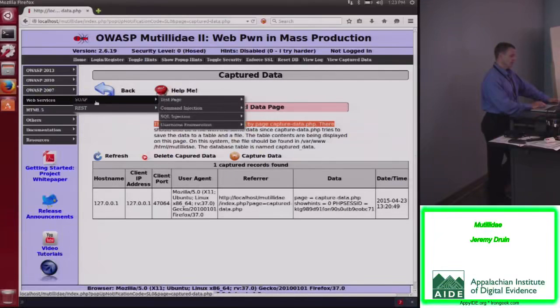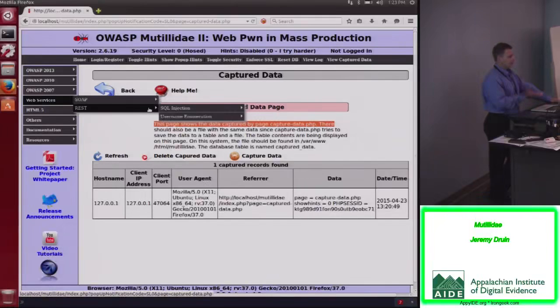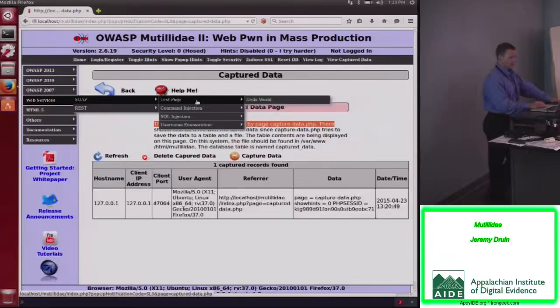And then the web services have been added in as well. Originally, I just added in a SOAP web service, and then actually expanded out to have command injection, SQL injection, and username enumeration in those web services. I added the username enumeration after talking with Tim Tomes, and he was explaining that he had written some scripts that he used in his classes, and I thought it'd be neat just to add them in here, kind of have one-stop shopping. Eventually, we added some RESTful services as well, and you can do SQL injection and username enumeration via these REST services. So there's a test page for those as well,